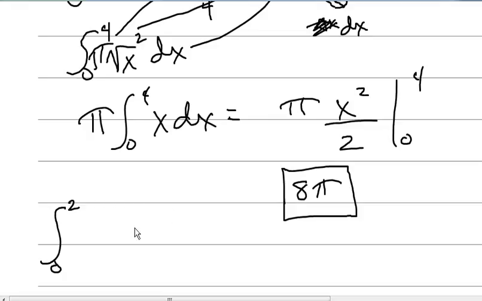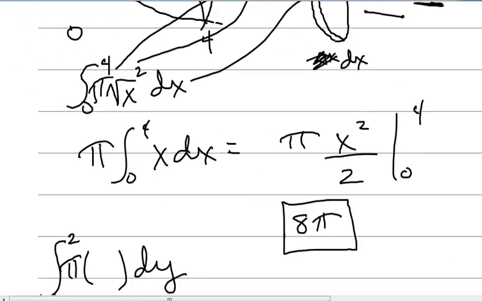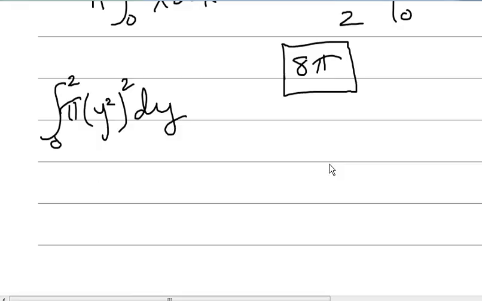And now we know we've got a dy here. We know we've got a pi here. We've got something in here, and what that something is going to be is y squared. And that's the radius at that point, but we've now got to square that because that's our equation, pi r squared. Okay, so let's just do that, and we get the integral from 0 to 2 of pi times y to the 4th dy,